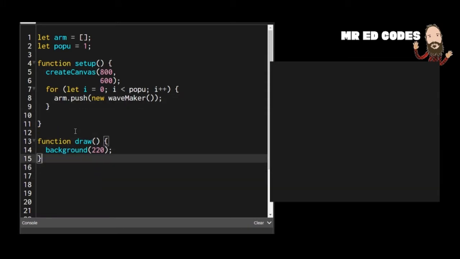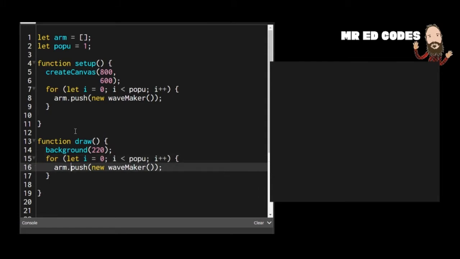Now in draw, it's simple. We're just doing that same loop again. If you want to, you can go up here and copy this. See if I can figure out how to do that. There we go. Put that in there, and inside of that loop, now that we've created that object, we have to